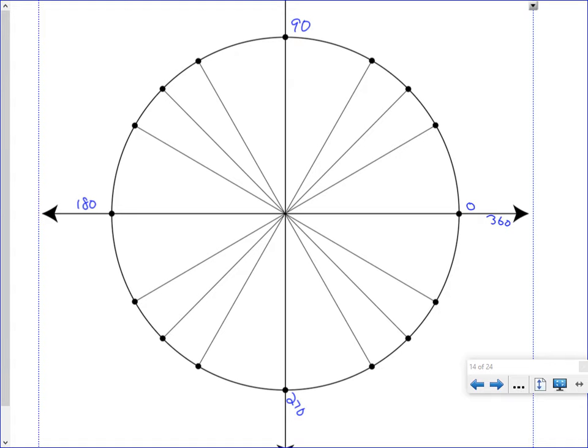After that, we talked about the idea of where the radians come into play. Radians start at 0. 1 full revolution of a radian is how much? 2 pi. So this is 0 and 2 pi. Half of 2 pi is 1 pi. Half of a pi is, if I add a whole to a half, I get